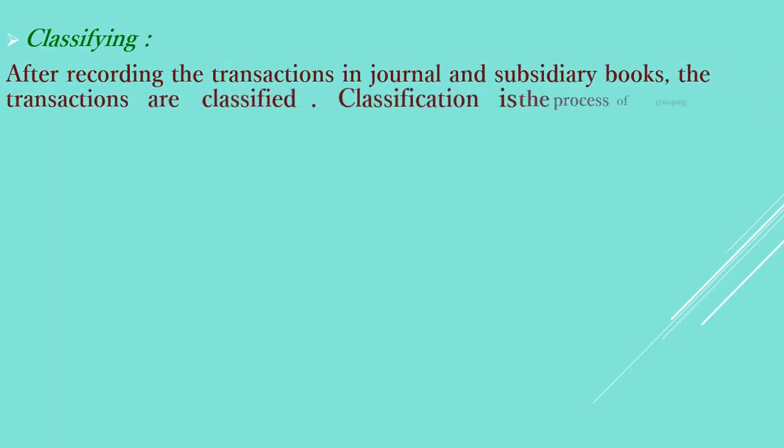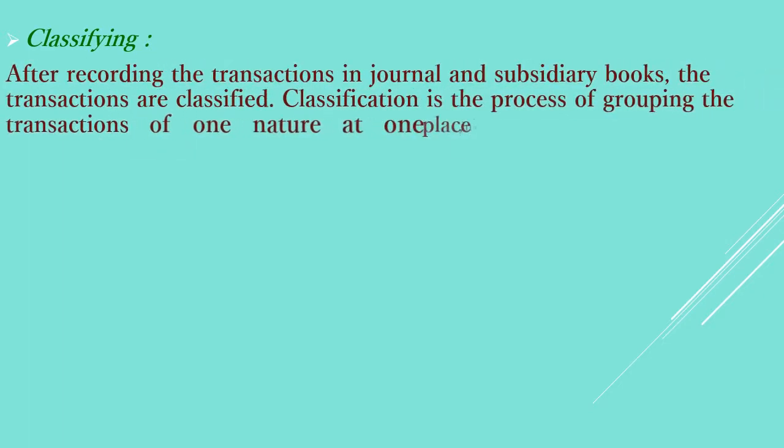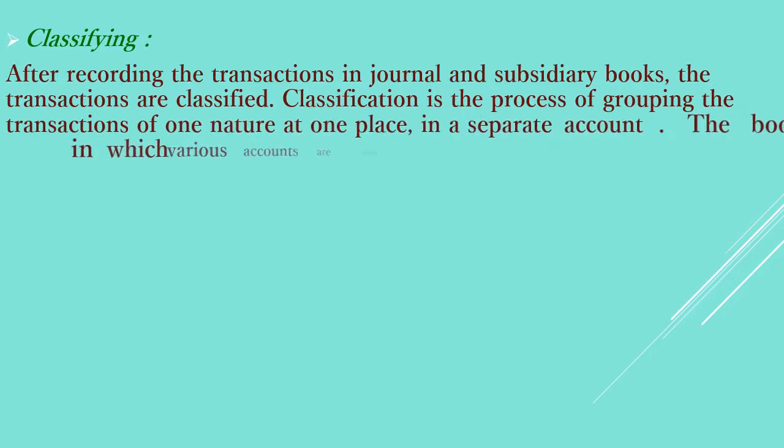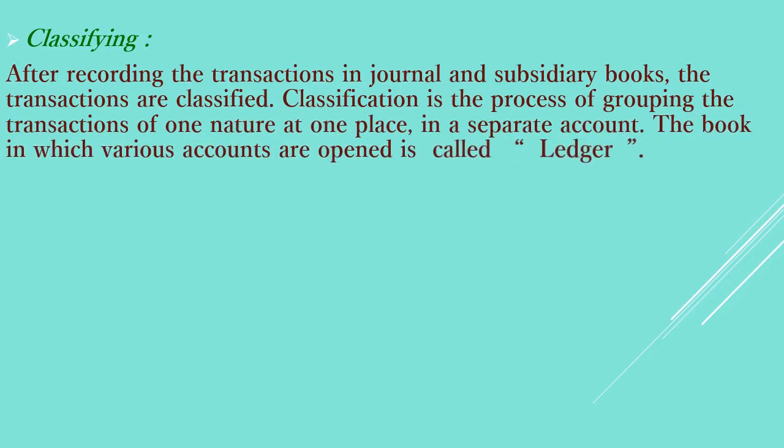Classifying. After recording the transactions in journal and subsidiary books, the transactions are classified. Classification is the process of grouping the transactions of one nature at one place in a separate account. The book in which various accounts are opened is called ledger. Okay. In simple words, we can say that we are grouping one kind of thing in one